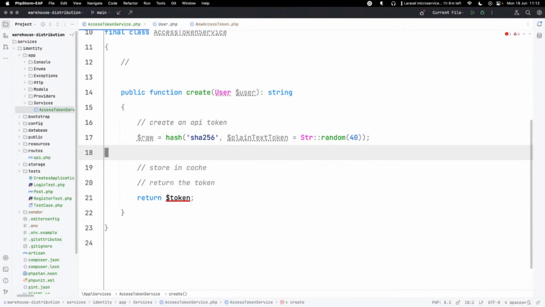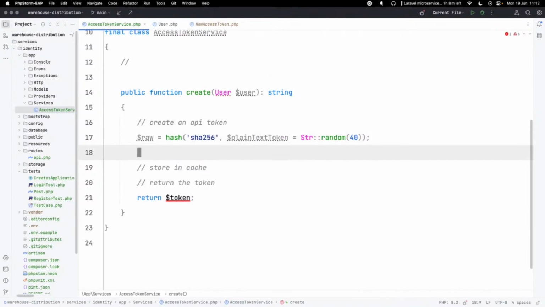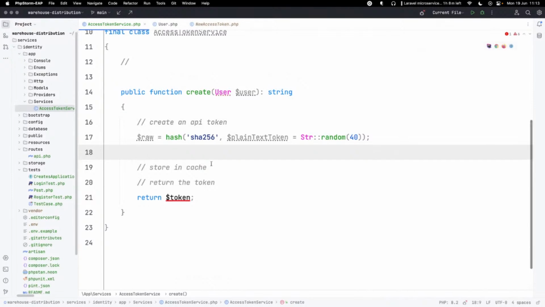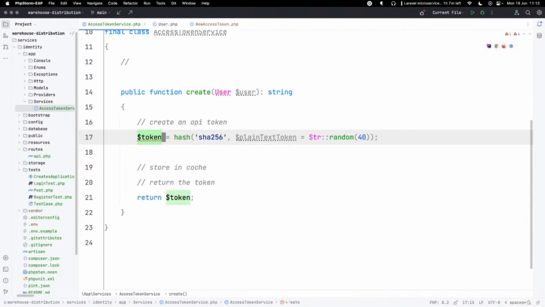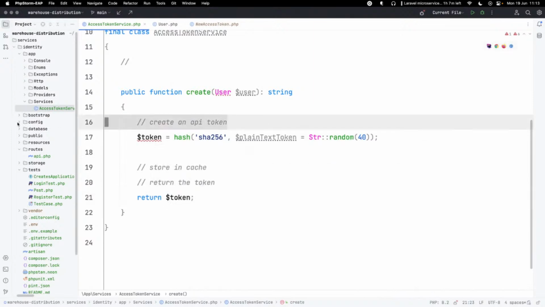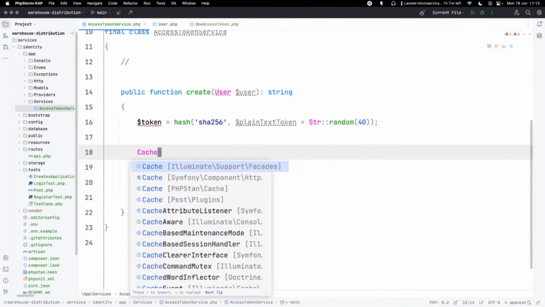Do we need it though? Not in a distributed system. User IDs are not. Oh, do we need them? No. We need to pass it so it's accessible, so that we can kind of look at things. But that's about it. So here's a raw token. We're just going to call this token. That's going to tell me that I can just inline it. Not interested. So what we want to do, the next step is say cache